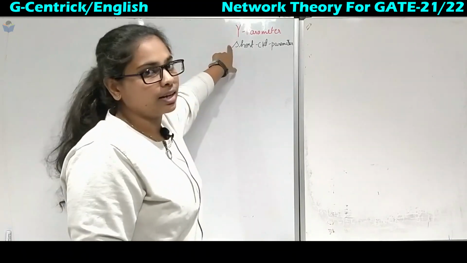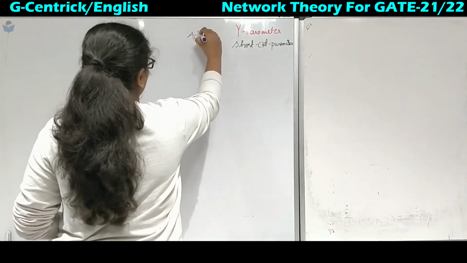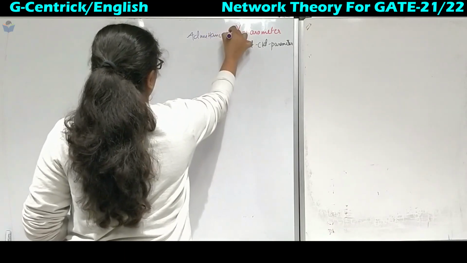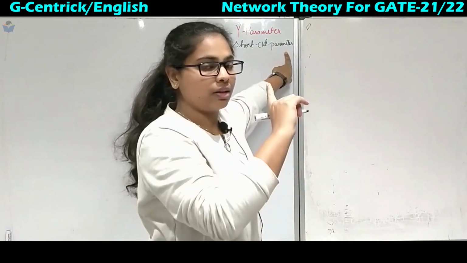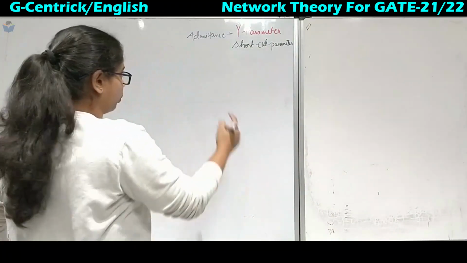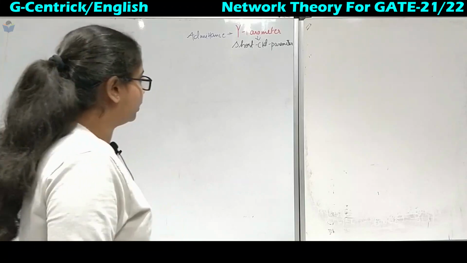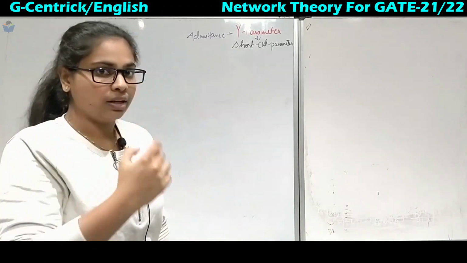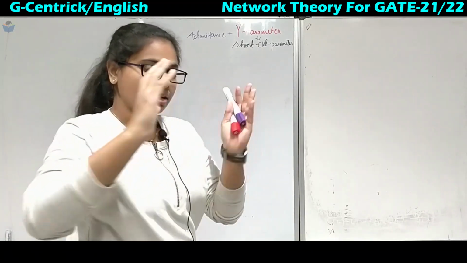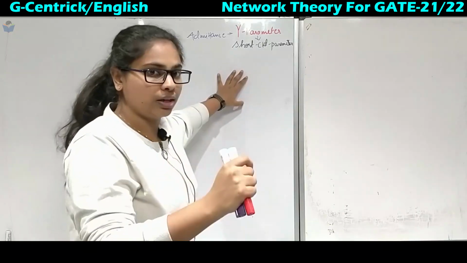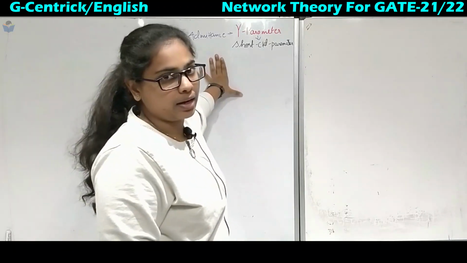In that we have completed Z, and this is our second one, that is the Y parameter, which we will also call the admittance parameter. And one more name for this is short circuit parameter. There we had seen the open circuit parameter. Now in this case we will call it the short circuit parameter. Similarly we will go on with the equations, which have left side parameters and right side parameters. Here also we will get 2 independent and 2 dependent variables, and there will be unknown quantities also.